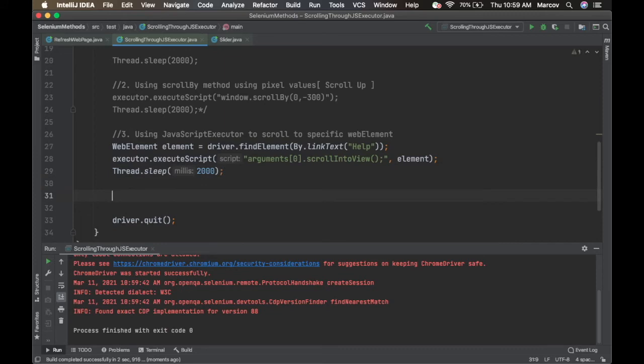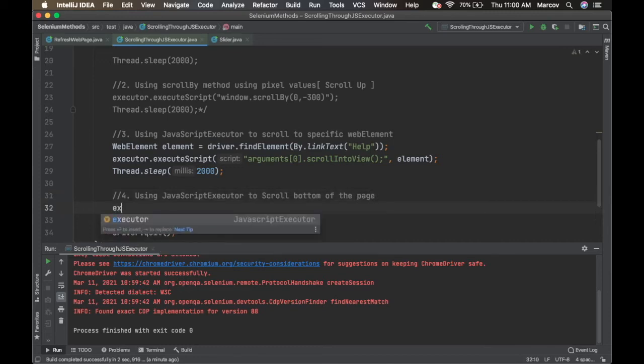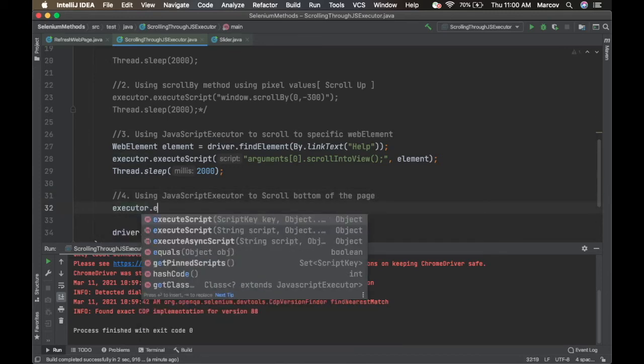So the fourth way is again how we can scroll to the bottom of the page. That is also necessary sometimes. So we are actually going to discuss that. So in this again we are going to use the JavaScript executor to scroll to the bottom of the page. Okay, and in this we are again going to use the executor object, then execute script,